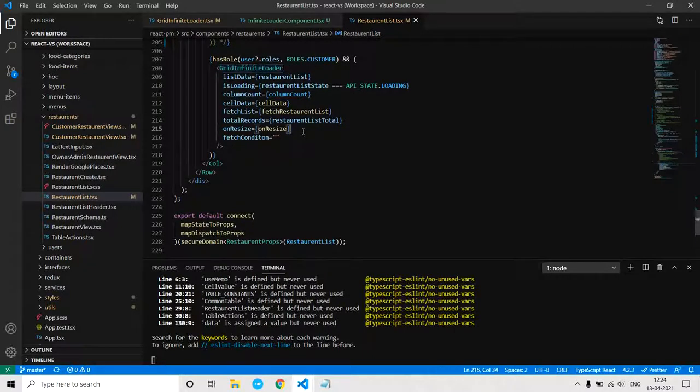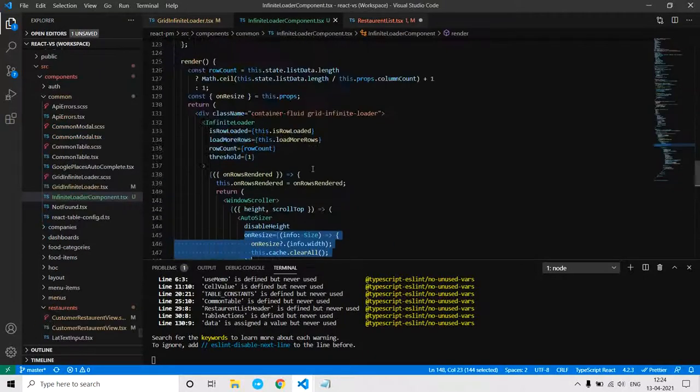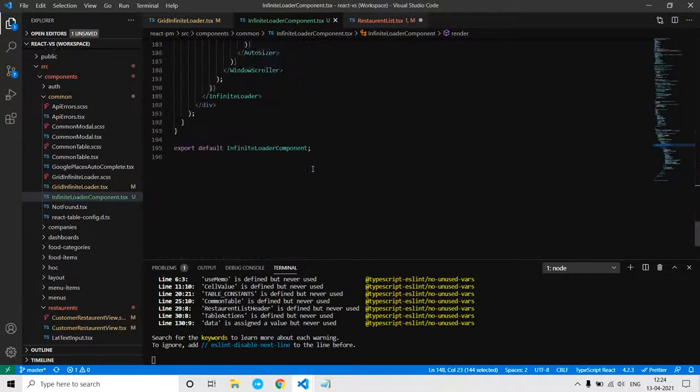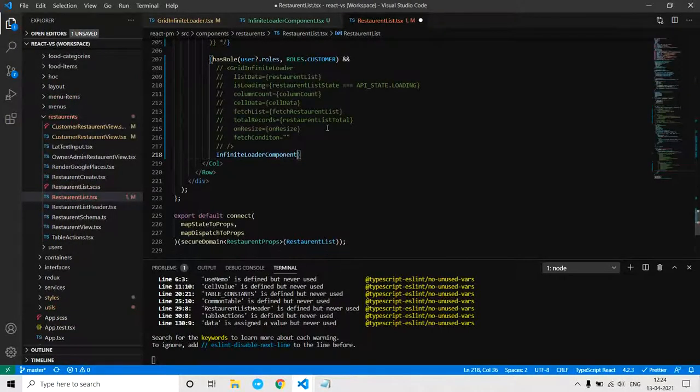Okay, let's use our freshly built infinite loader component rather than the one we have already built. Let's use this newly built component, our infinite loader component.